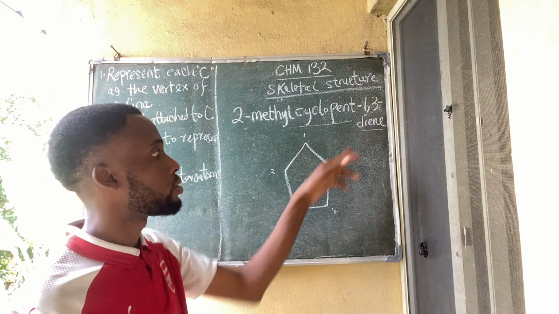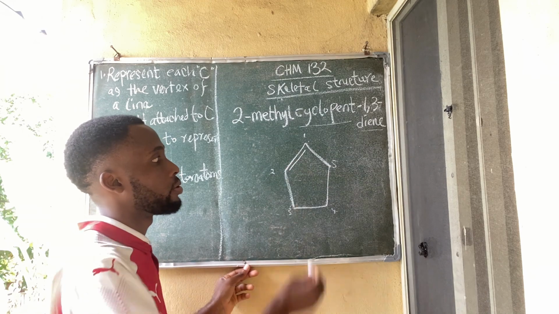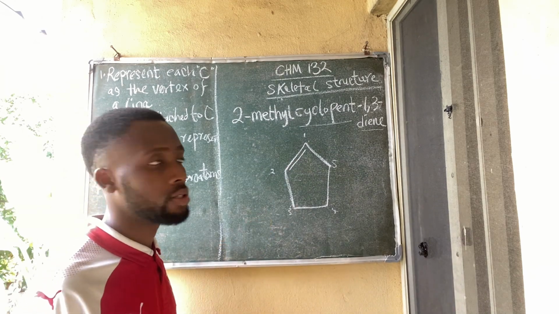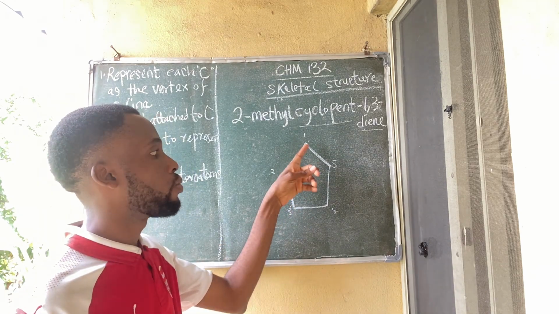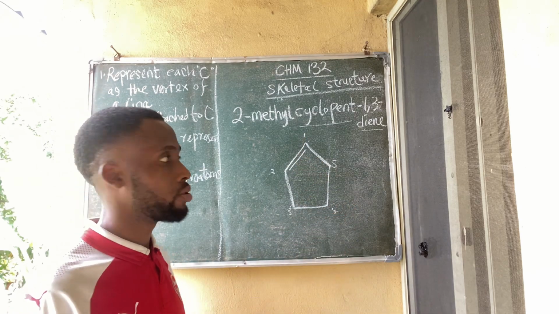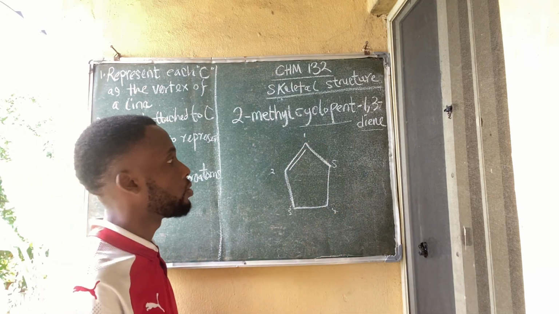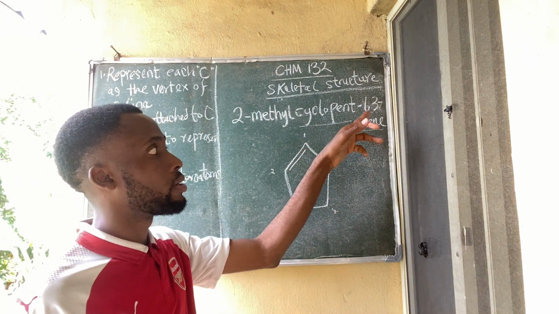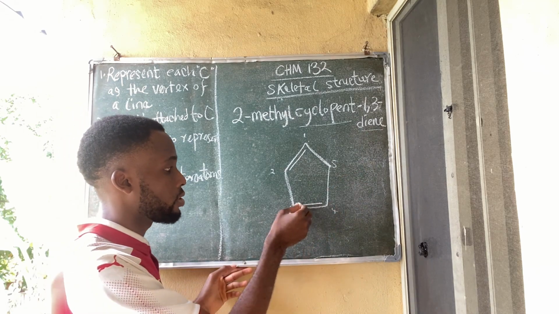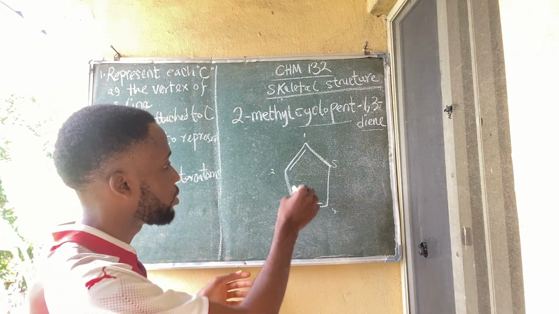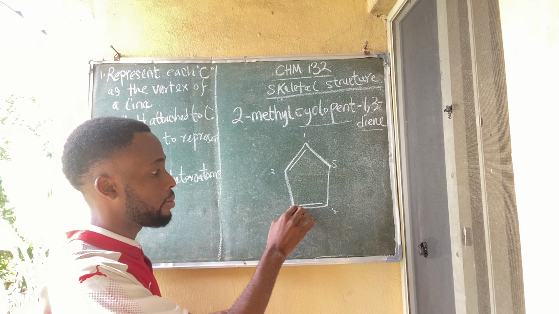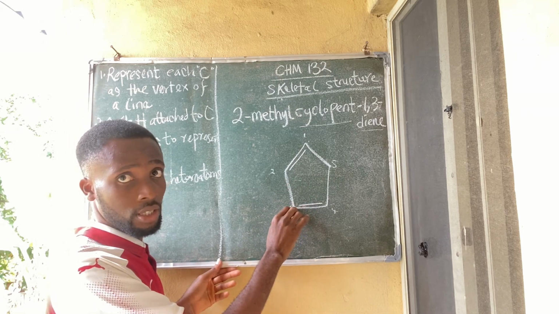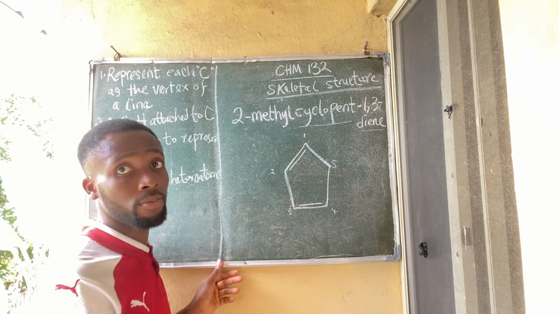Alright, without wasting time. So 1, I'm just going to place a double bond here. Always make sure the double bond is inside, right? And we're placing it between 1 and 2 and not 1 and 5 because we actually counted this way. Okay, now for the second one, 3, we're going to place it here. Someone might ask me, why don't we place it here, since there's a carbon here and it's carbon number 3, but the rule states that